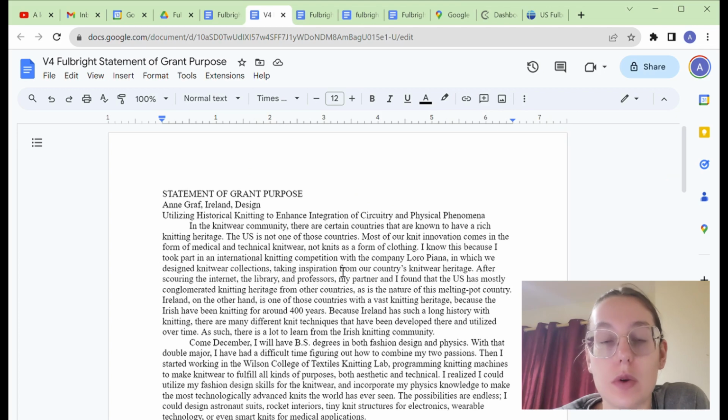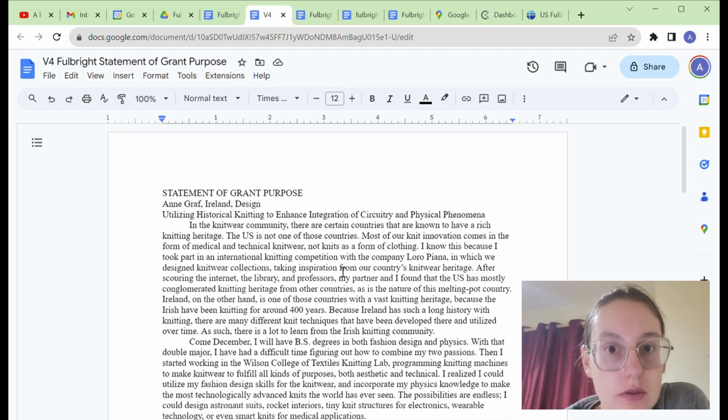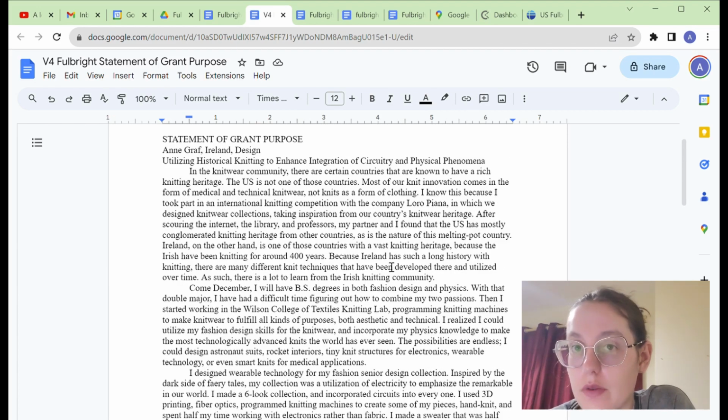Whether that's because the program you're applying to is really, really specific and unique, or if you're doing an open study thing, why you need to be in Ireland. For me, I was doing historical Irish knitting techniques. Makes sense to be in Ireland for that. So this first paragraph really